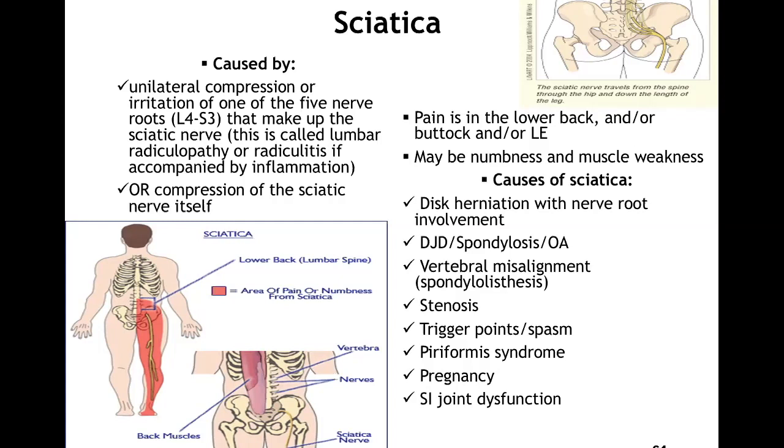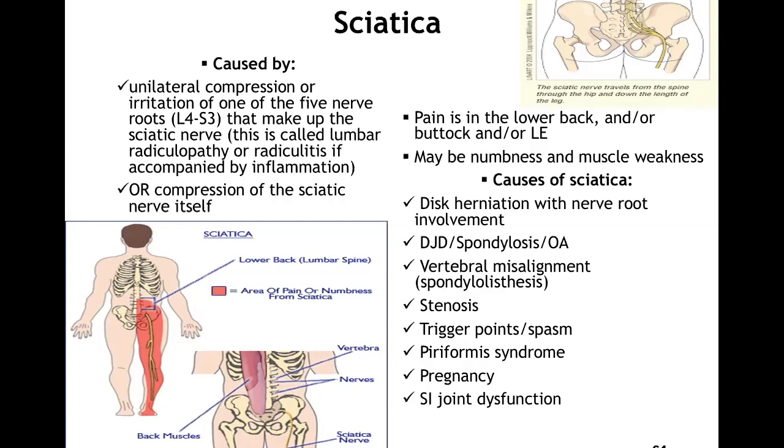Pain is usually going to be felt in the lower back and or buttock area or the lower extremity. There may be numbness, there may be tingling, obviously there may be some muscle weakness due to this irritation of this nerve not being able to supply the muscles that it supplies appropriately because it is irritated or being compressed. Causes of sciatica, like I said, there are many. The main one would be piriformis syndrome, but it can also be caused by disc herniation when there's nerve